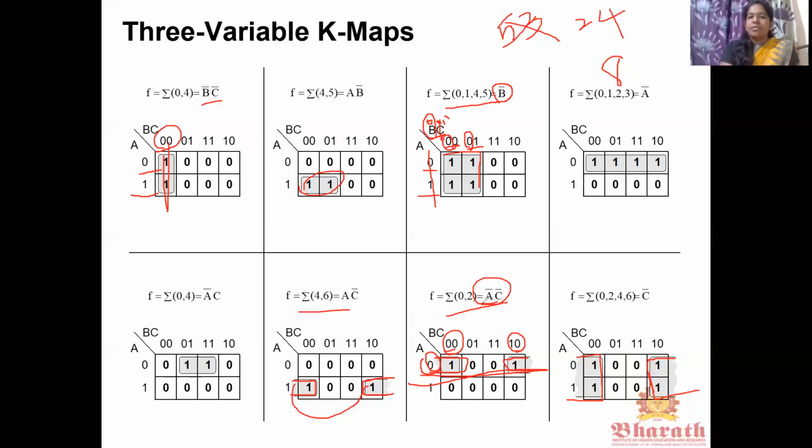First thing is we have to draw the number of cells based on the variable map. Then we have to plot the representations 0, 1 and the variables, mark the values inside. Then after these things, we have to see the question. Depending on the question, you have to fill the values inside the cells. Then we have to make a grouping. After grouping, we have to write the algebraic expression.